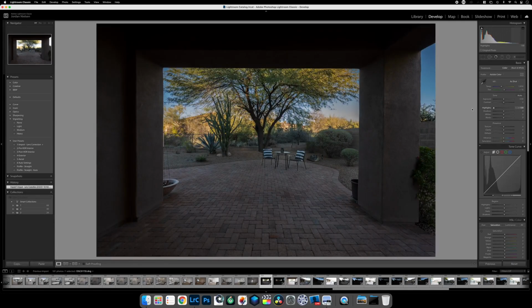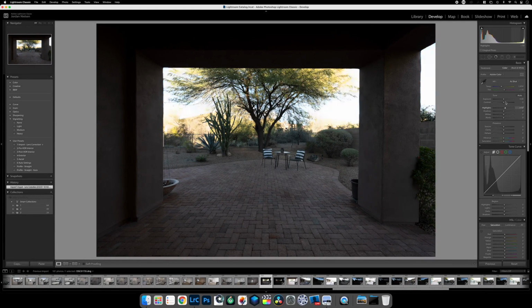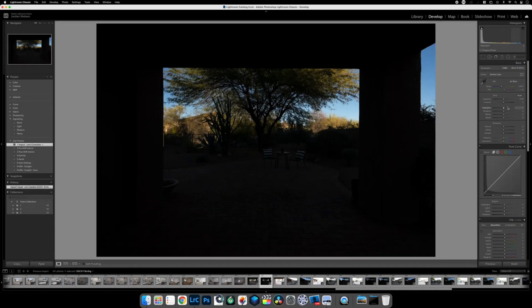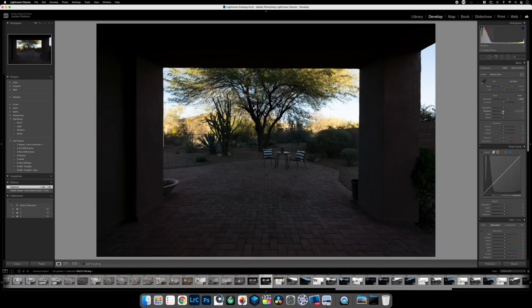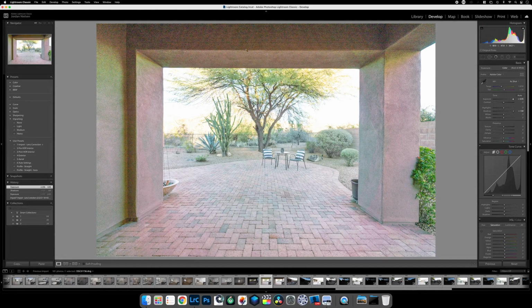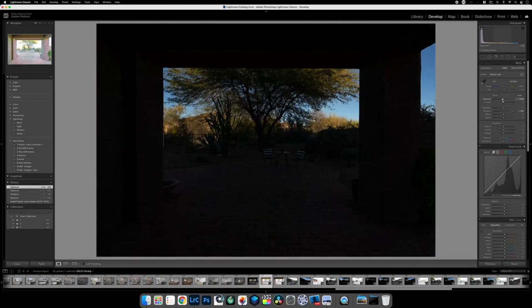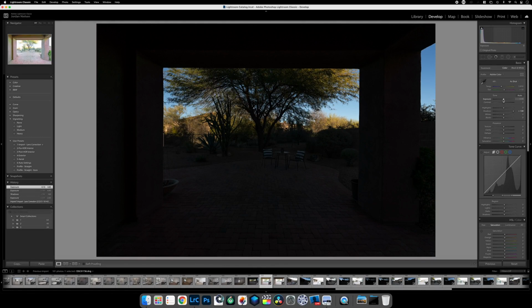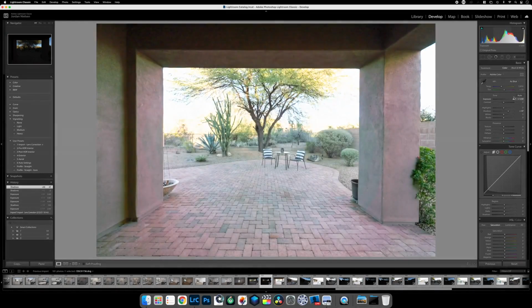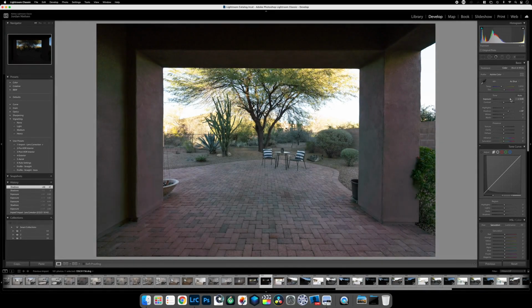Sometimes I'll test them out just to see how much data is in these. You can see that it's missing some data here. Let's go back to the library. We can test this one. We can see how much information is in the shadows here. We can boost shadows. Usually when you boost it really high, you start to see this kind of artifacting, this blue and magenta coloring. But that's at +5. This image was shot looking like actually worse than that. It was shot looking like this. So it gets all that information out of the shadows, but